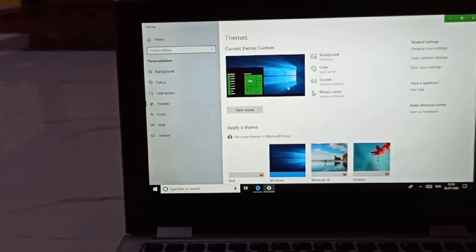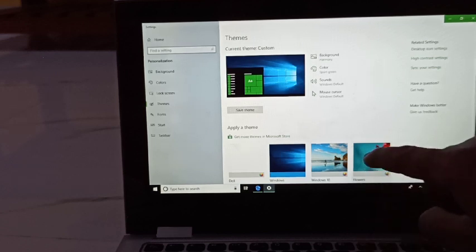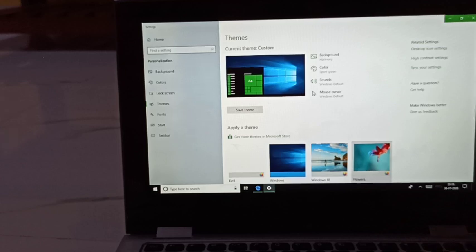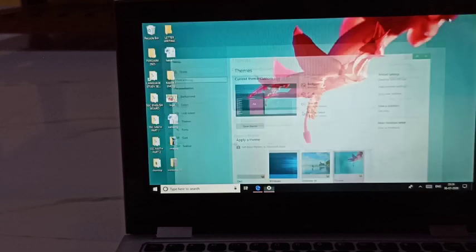Now see, theme means you can change the design of your operating system, right? Meaning the design and appearance of your desktop screen. If I want to change this, I just simply press on this. It will show here. Just minimize your screen from here and check.